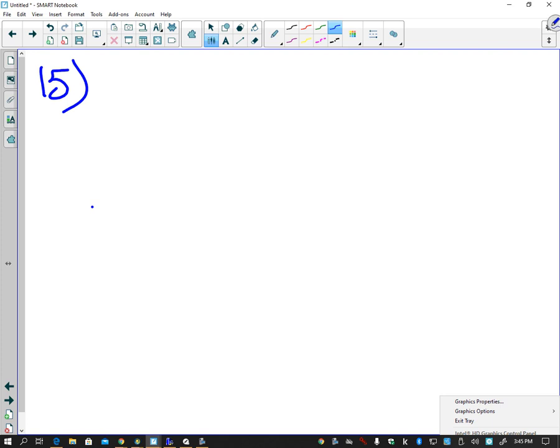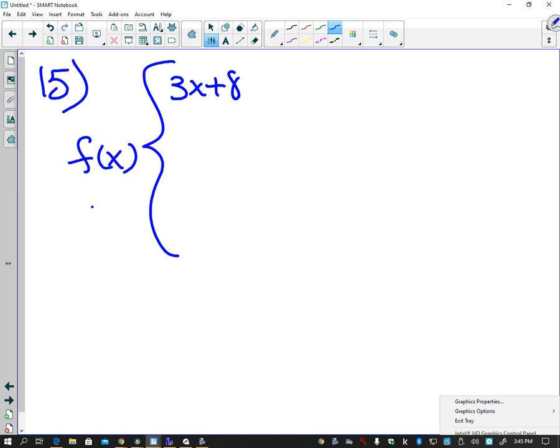Okay, this is a question here on 15. It's probably not one that you've seen a lot of, where it says f of x, and it gives you some parameters. Say something like 3x plus 8, x squared minus 7, and 24. They'll say if x is less than or equal to negative 5,